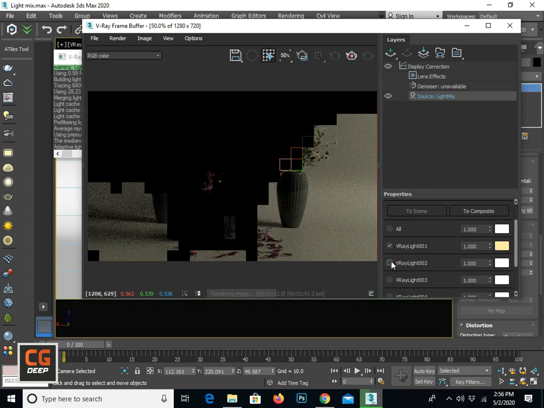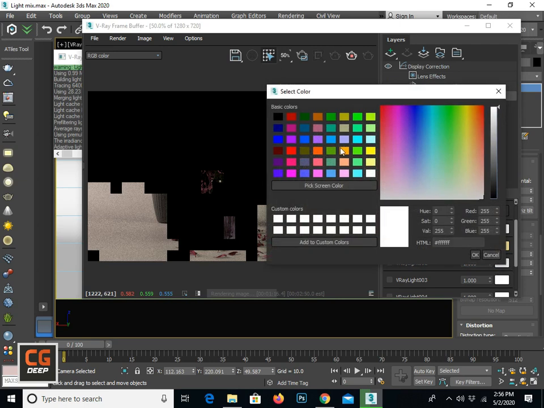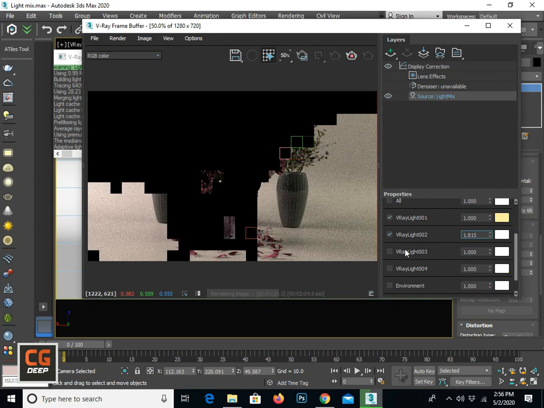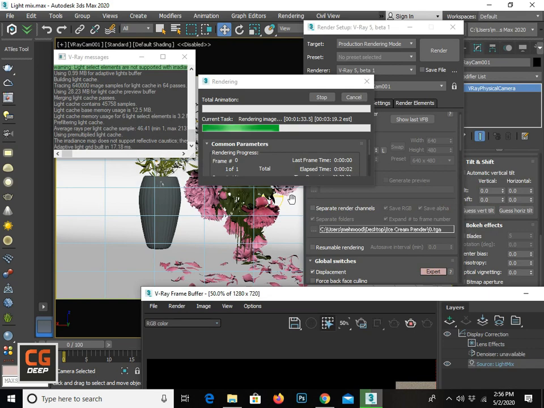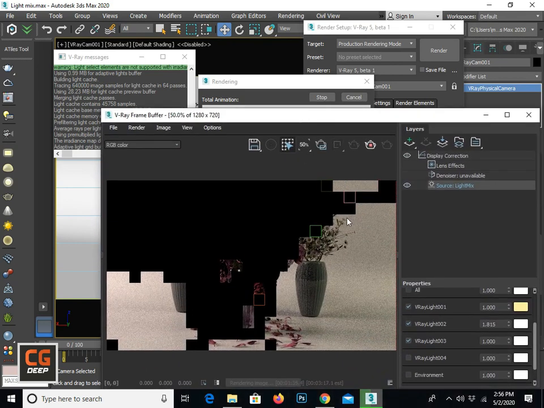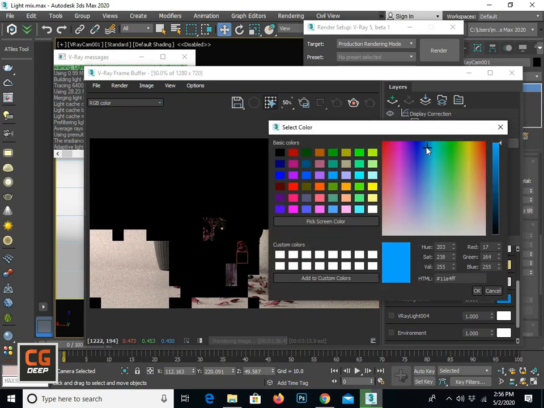I will turn on light number 2, which is coming from here. I will change the color, or we can say I can increase the light from here, right. And I will open light number 3, which is the spare light, or we can say the light on top of our scene, and we will change the color.